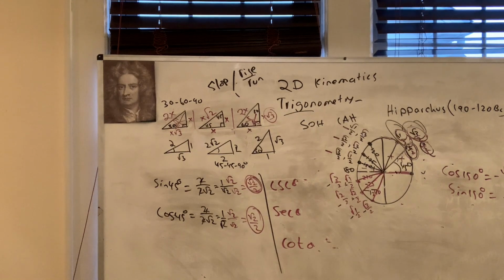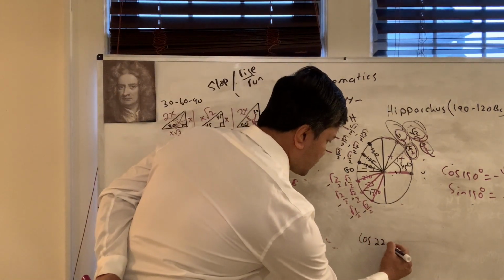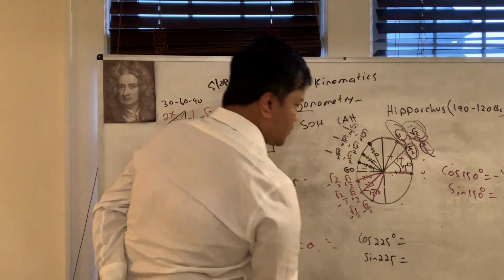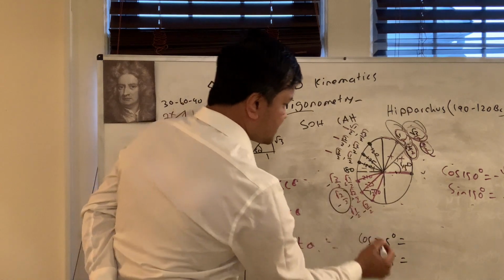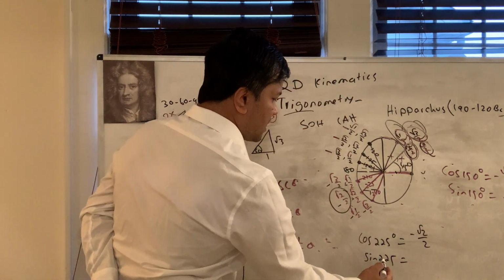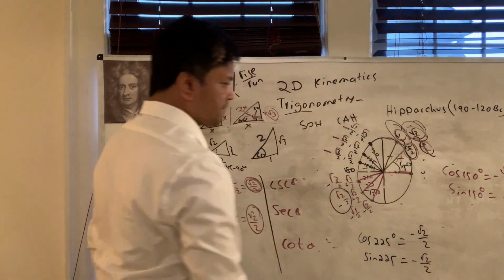All right. So what does that mean? For example, the cosine 225 degree and sine 225 degree. So cosine 225 degree is negative root 2 over 2, and sine 225 degree is negative root 2 over 2. Now